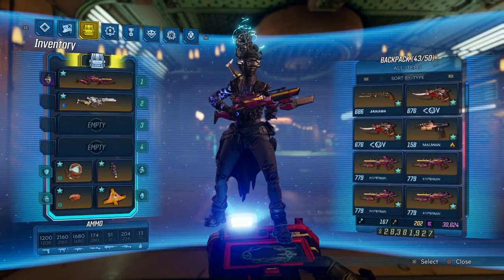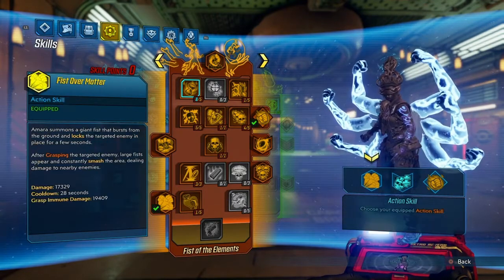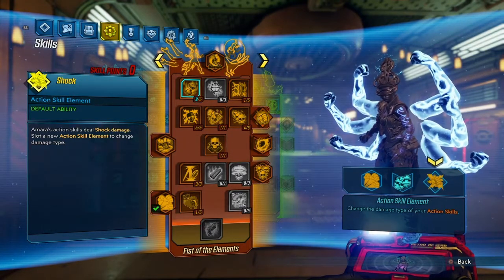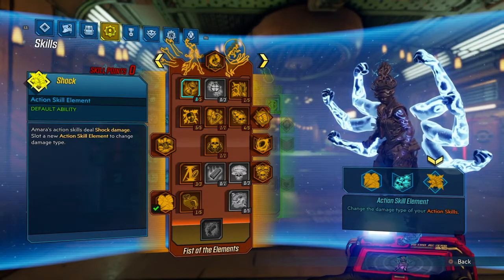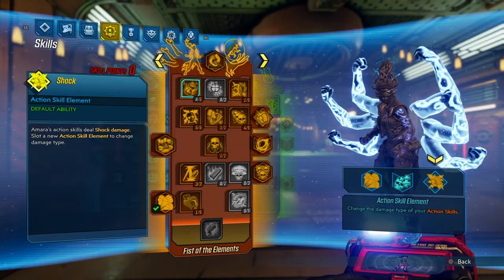Right, we'll go through the skills. Generally, you want to be using your shock element as your main element. Put the fire element on if you are going up against a fire enemy that's weak to fire, like Grave Ward or the Ruiner, and leave it on shock for